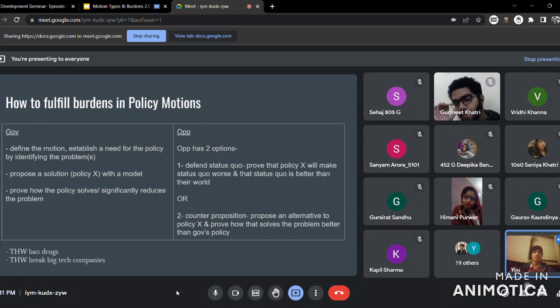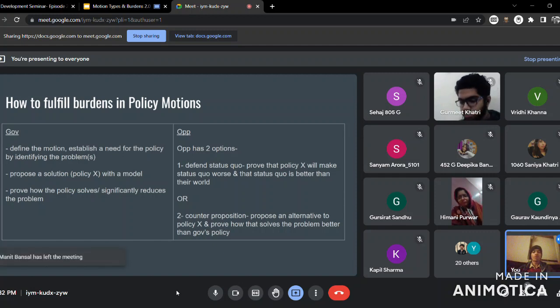So if you are on Gov, you propose a policy, opposition comes up with a counter proposition, then for the further speakers of Gov, it would be futile if they continue to compare policy X to status quo, because in LO's speech, opposition has clearly stated that we are coming up with a counter proposition. We also have a different solution to the problem. So from DPM onwards, the comparative has to be policy X on Gov versus policy Y on Op. So the further speakers of Gov have to justify and compare why X is better than Y and not why X is better than the current world that we're living in, which is doing nothing about things or things like that. So that is with respect to opposition.